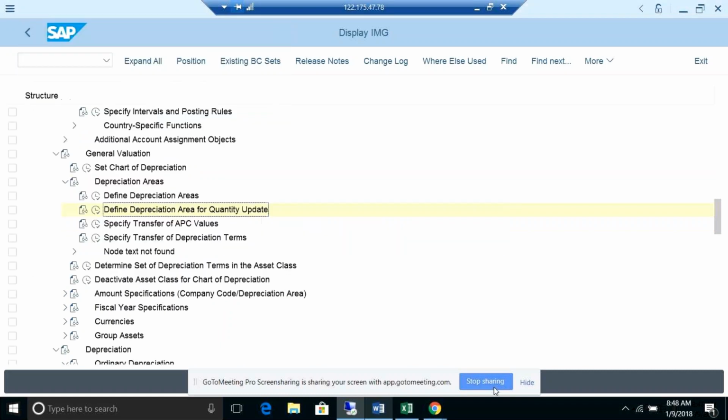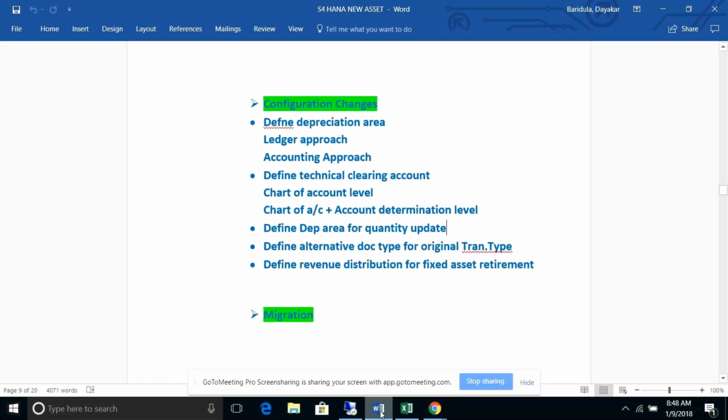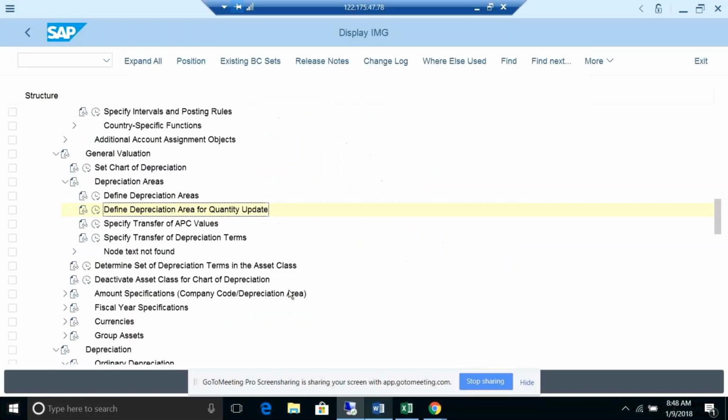One more area is there. Basically, this one is a defined revenue from fixed asset retirement.